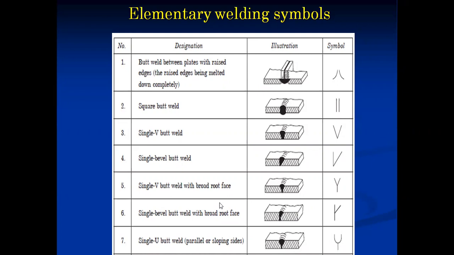Fabrication means joining. Fabrication and machining are the two major processes. Machining means to remove the material, and in case of fabrication, joining with the help of one of the processes, welding. So definition, it is there to join the material, to join metals by application of pressure, without pressure. We are not interested in definition. To join the metal, simply we can say it is welding.